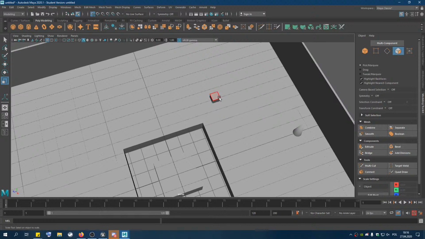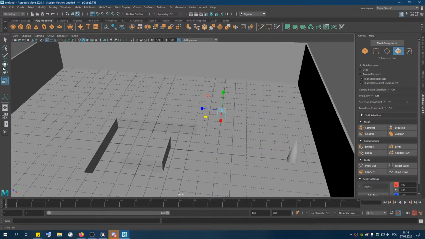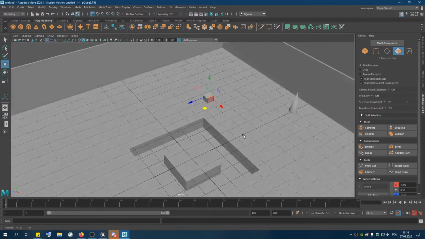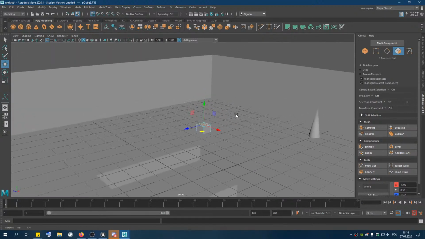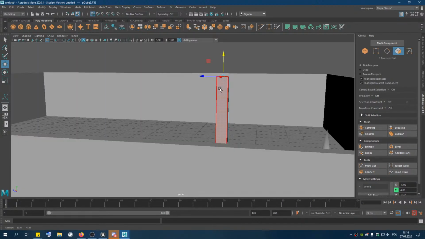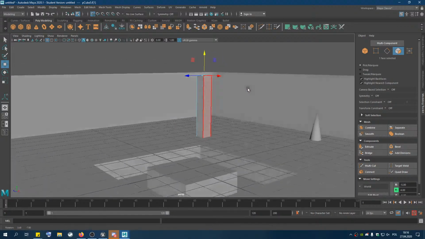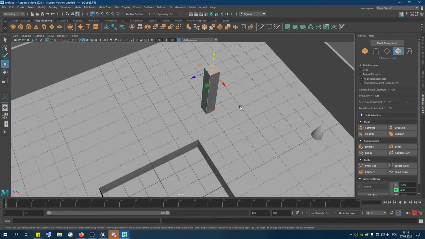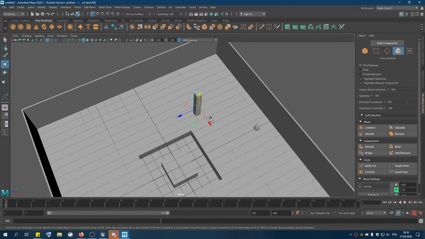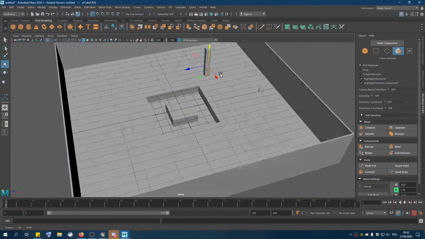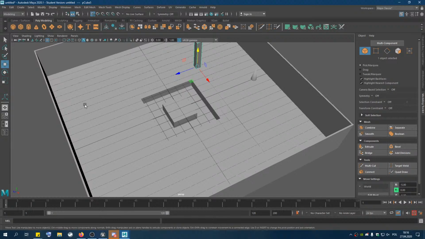Let's go back to our components, select our polygons, and let's move this to the height of our walls, something like this. We will clean the mesh afterwards, so you don't have to worry about this right now. Okay, now I will just copy this object, put it under the places like